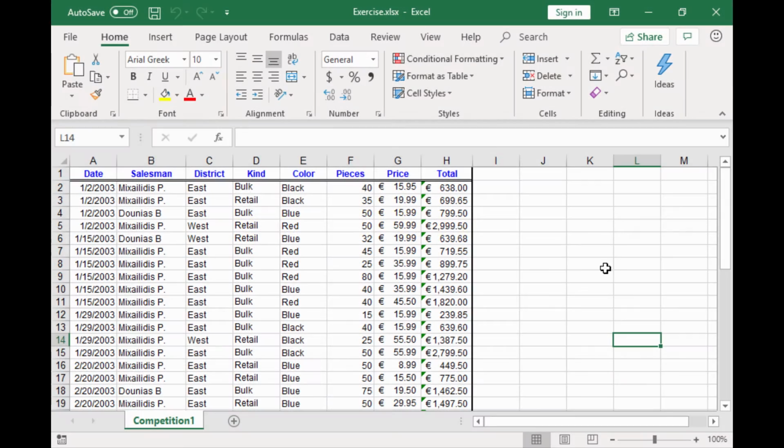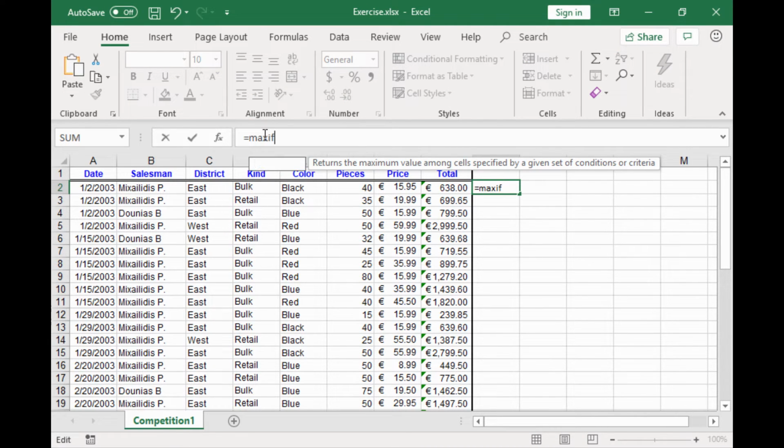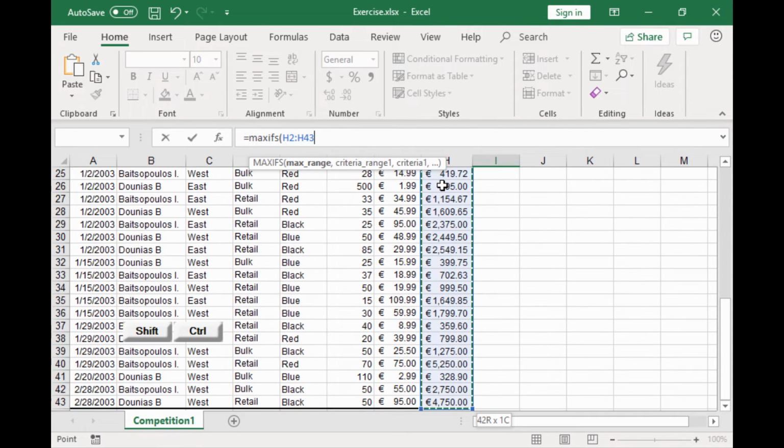Microsoft added two more conditional functions in its Excel arsenal, the MAXIFS and MINIFS functions. They both have similar syntax as the SUMIFS and AVERAGEIFS functions we have seen before. In the current sheet, we want to find the maximum total price for every sale that happened in the West District and consisted of more than 50 units. We type the function name followed by the range that contains the values we want to find the maximum of.